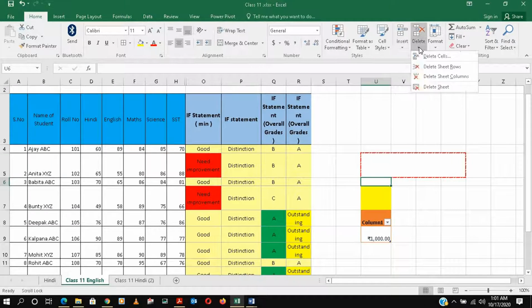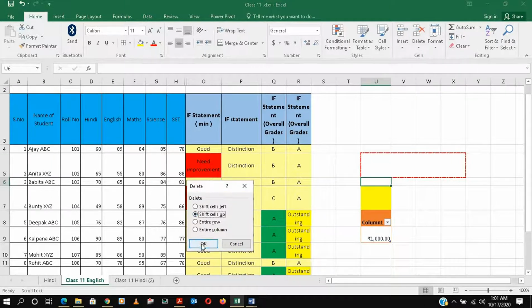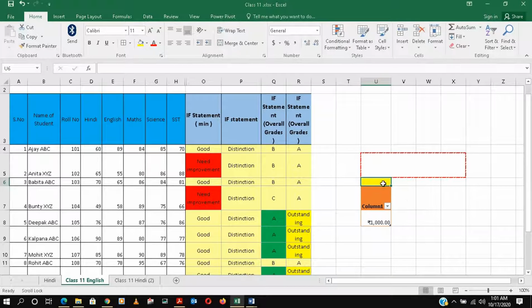From here Delete, if you want to delete that particular cell, delete, and it moves up automatically. Then AutoSum we already talked about, Fill we already talked about, Clear: if you want to clear everything, anything from the cells you can remove from this.